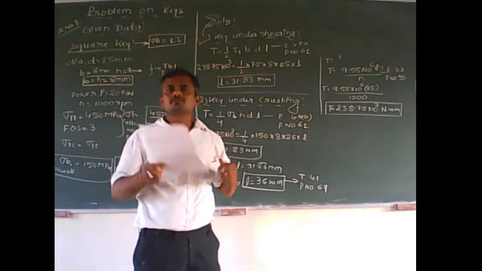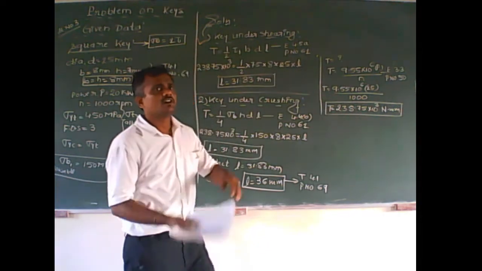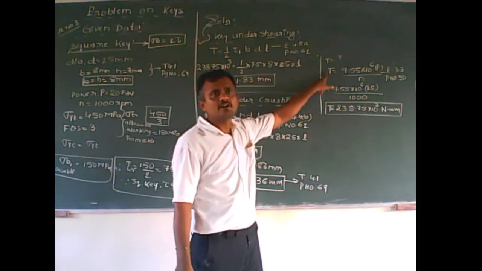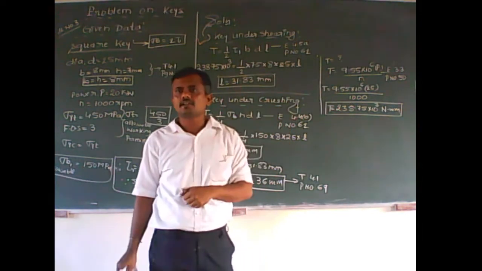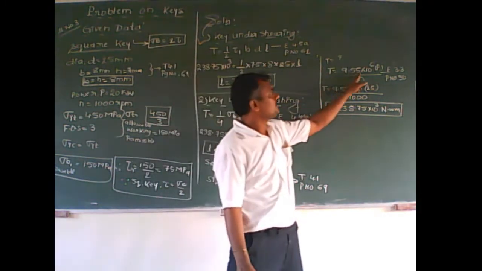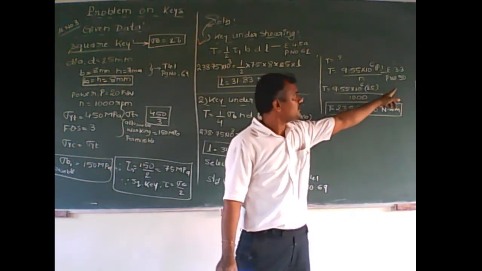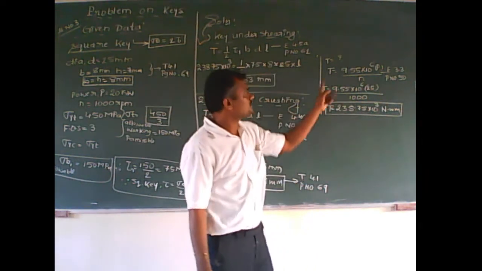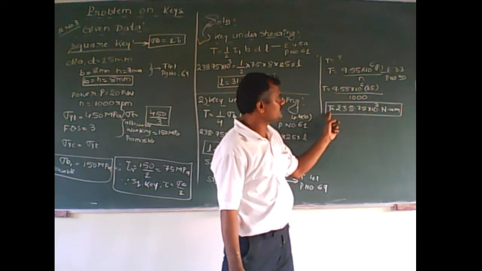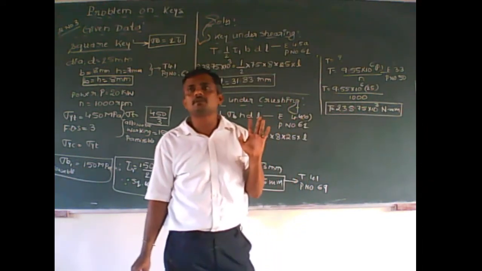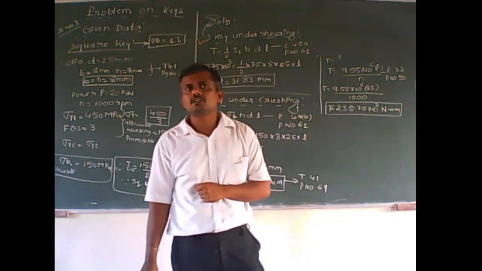So in chapter number 3 of the design of shafts in the data handbook, this equation we have used already. So use this equation to get the value of T. What is it? 9.55 into 10 to the 6 into P divided by N. Equation number is 3.3, page number is 50. Now we substitute the values. P in kilowatt, N in RPM we substitute, and then you get this value in newton mm. What is that? 238.75 into 10 raised to 3 newton mm.